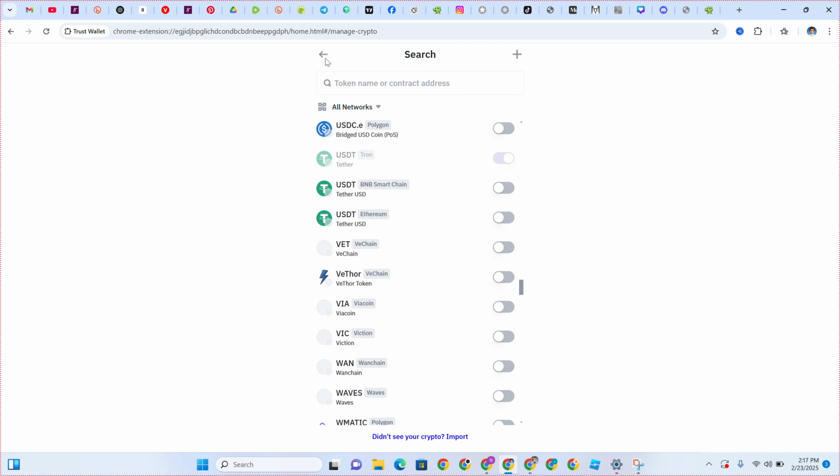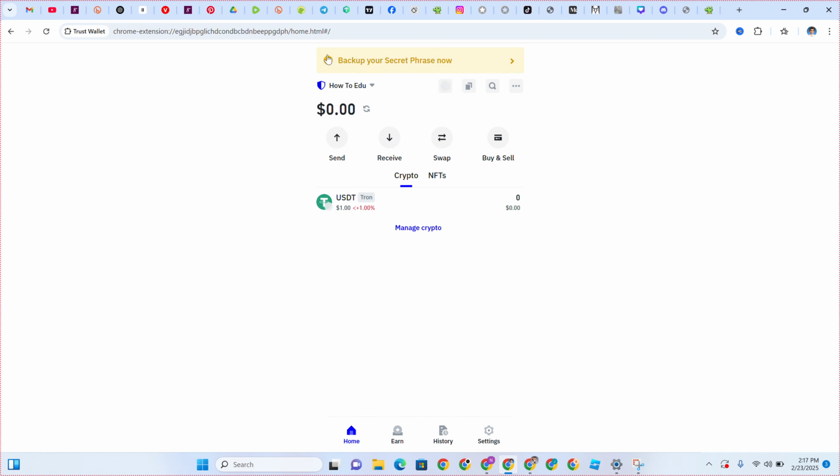Once I've turned it on, I'm going to head back to our Trust Wallet. So this is the USDT TRC20. Be very careful and watchful of this in case someone tells you to send him or her your USDT TRC20